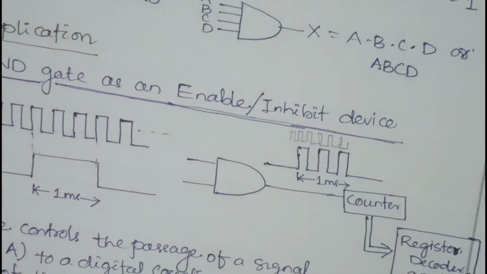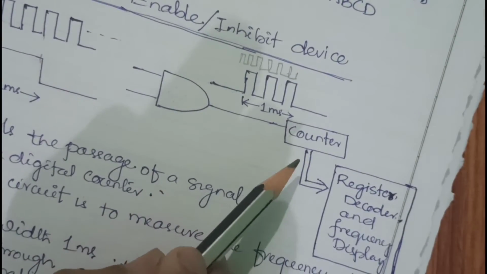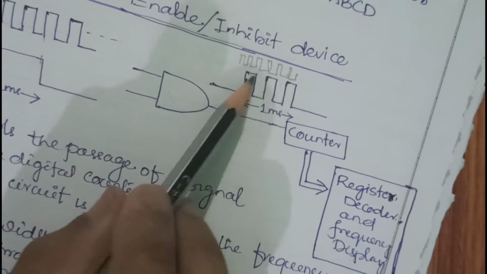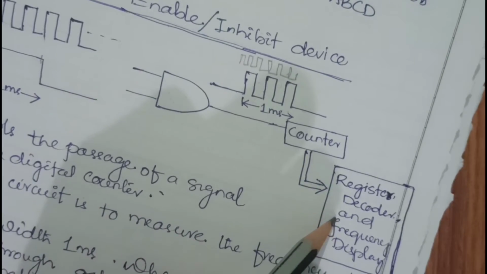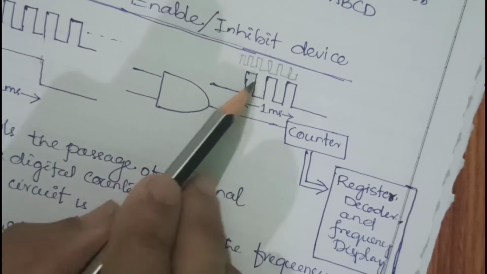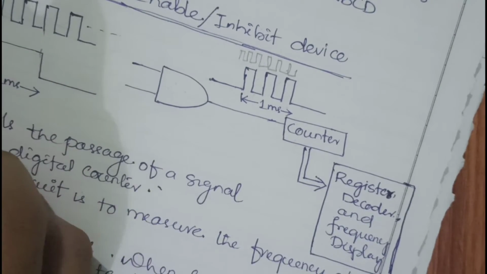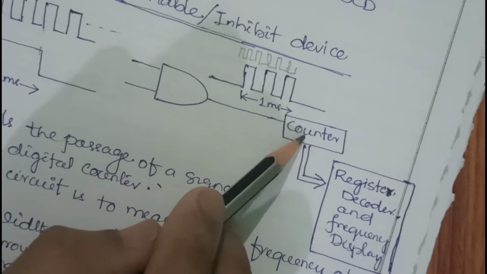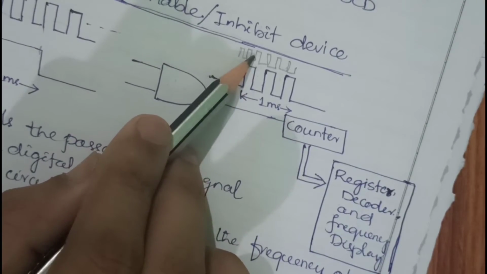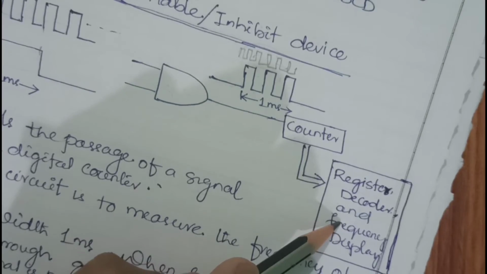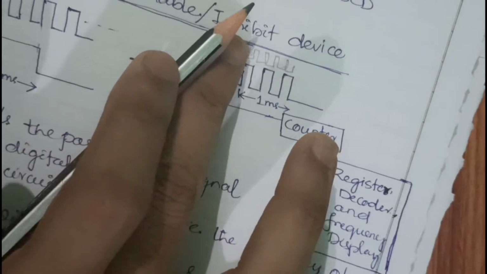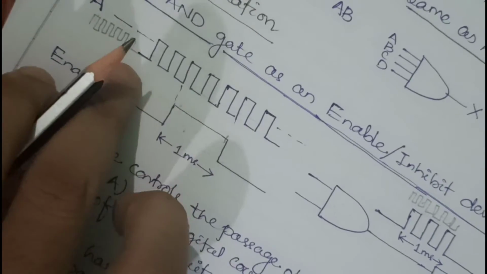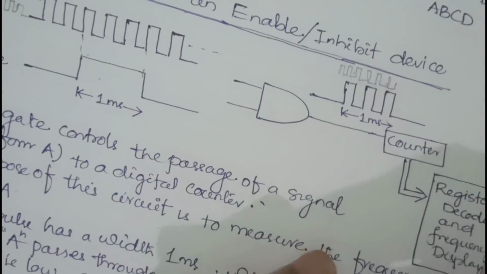Okay. So I want to count using this counter. Suppose the first pulse came and we counted the output, suppose 3 megahertz, and that is stored here. Then the counter will become 0, meaning this count will be deleted. Then the next pulse applied during the enable interval, the counter is going to count the number of pulses, and it will give me 6 megahertz. So 6 megahertz will be stored here. Then the counter will become 0, meaning it will eliminate those signals. It will again wait for the next signal to come along with the enable. Again it will count, and accordingly it will show us the result. Okay.